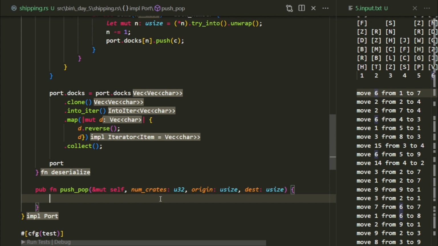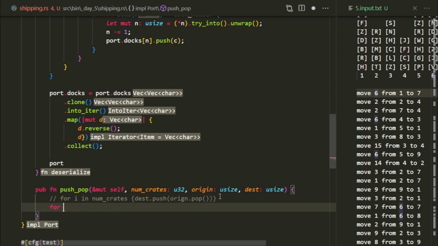So the way we're going to do this, kind of pseudocode, is for i in num crates, destination dot push origin dot pop, because pop will pull from the top and push will push it to the top. And actually it is just going to be as easy as that. So for i in 0 to number of crates,